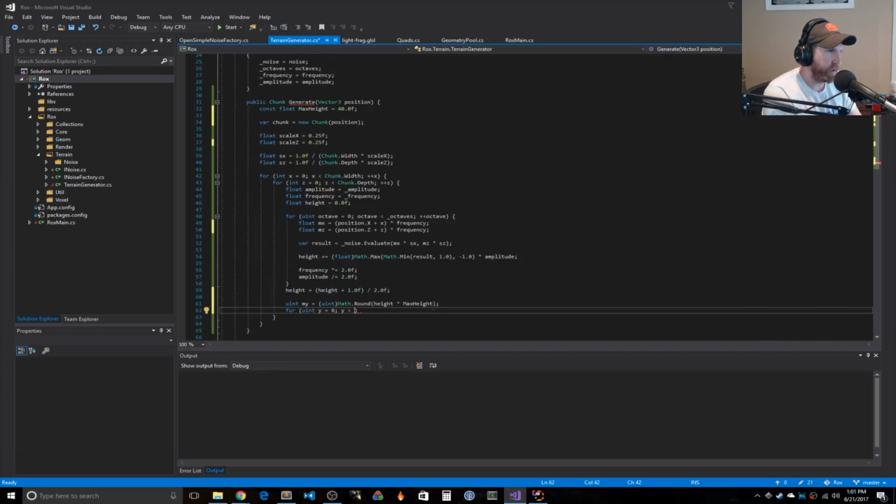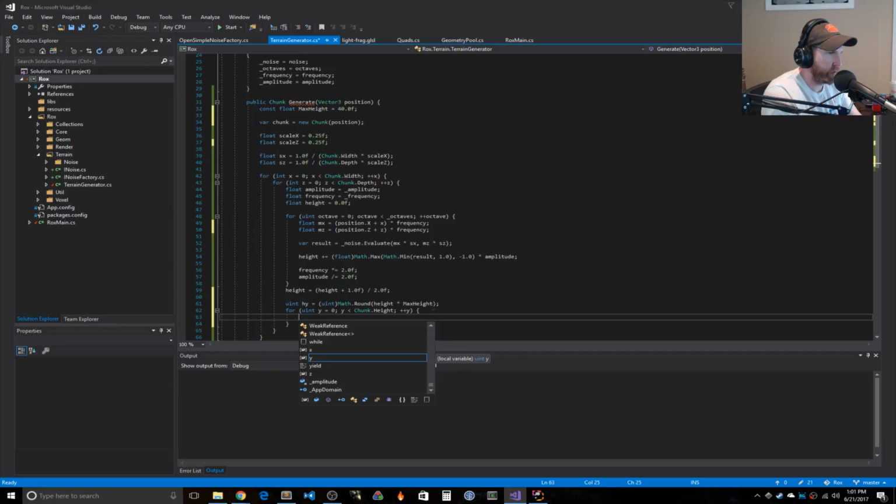Y is going to be less than, we're going to go through all these, chunk.height, and then we're going to plus Y, and actually this is going to be H, we're going to call this HY. It's kind of redundant, but we need to figure out basically, I don't think we want to scale our Y values. I think our Y values are already output scaled because we've scaled our X and Z. So I think that really what we want is we want to,